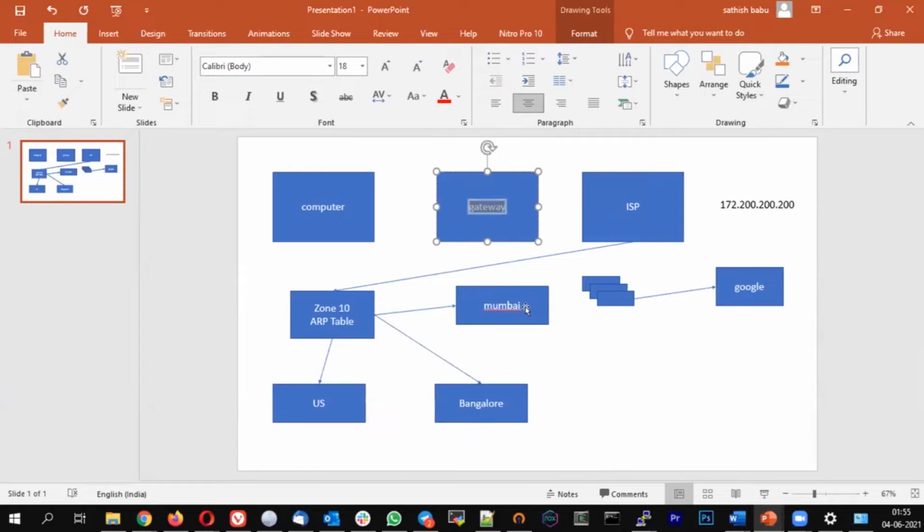It is nothing but a router or a switch, where multiple ports are connected. When the request reaches the switch or router, it doesn't know where exactly this 172 series IP is living. So in all the possible connections it has, it is going to send out a broadcast message. Let's say it may have a direct connection to Mumbai, to Bangalore, and to the US also. It will broadcast a message saying that I want to connect to this